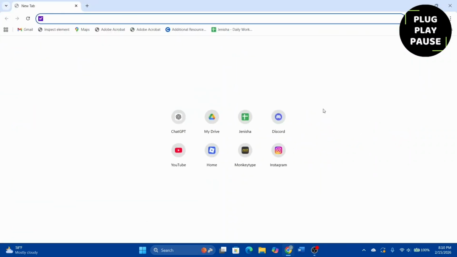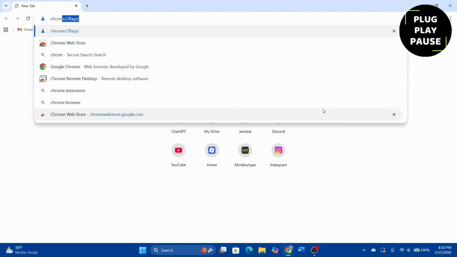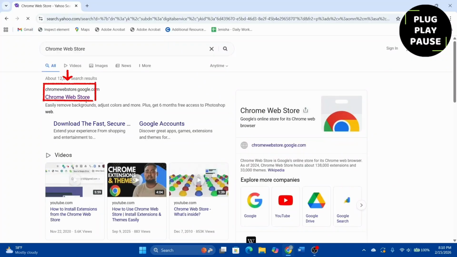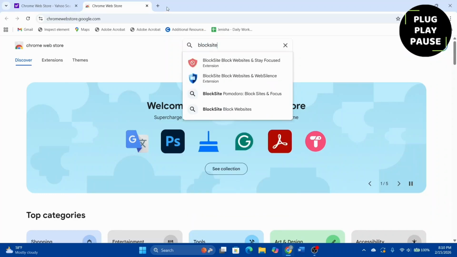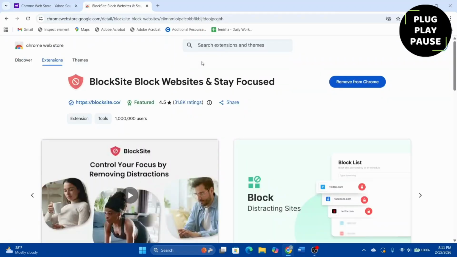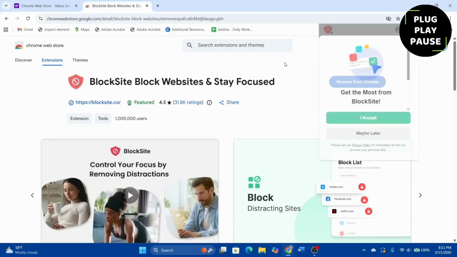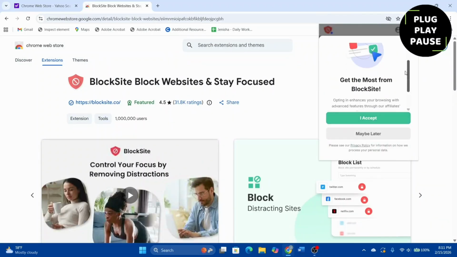And once we open up, we can go to Chrome Web Store. So we'll type in Chrome Web Store and open it up. And once we access our Chrome Web Store, what we can do is search for this extension such as BlockSite, find it, and add those extensions. You can look out for add to Chrome here and enable that option right here and add it to Chrome